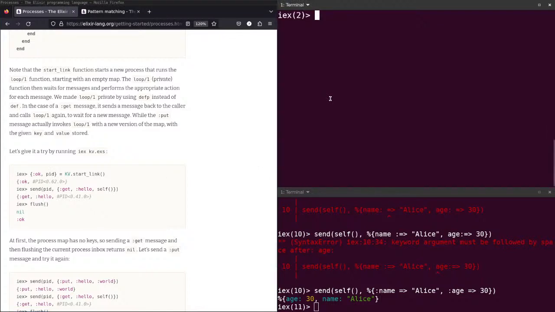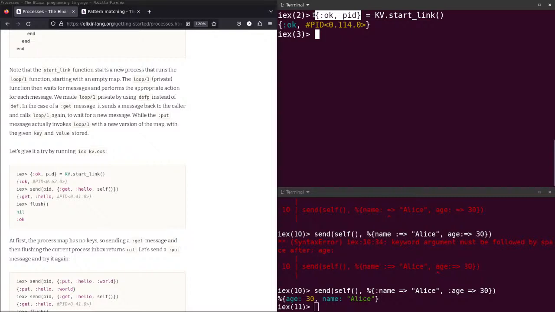Here I know to type, to write, to memorize all the commands that I learn. I'm studying, learning. That's okay. PID, KV start link. What is this?